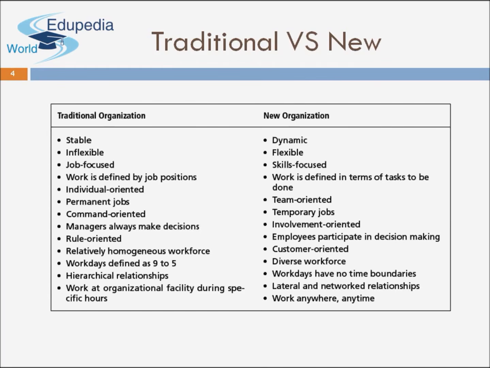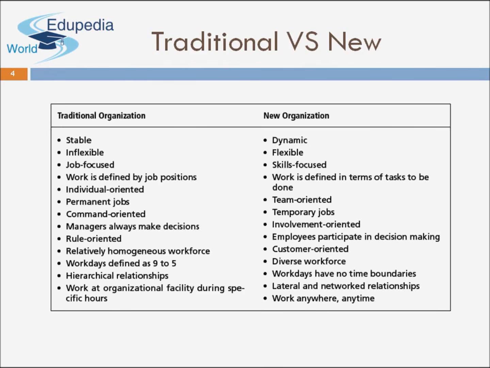Because of the changes of technology and n number of different changes coming in because of globalization. The organization today keeps on changing according to the changing scenario, whereas the primitive organizations were very stable and had some particular methodology of working, and they were rigid, they were not ready to adapt to the changes. That is the reason we say that the traditional organizations were inflexible, whereas today's organizations are definitely flexible.